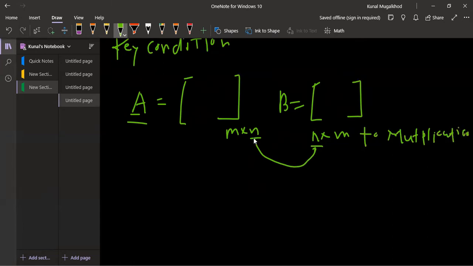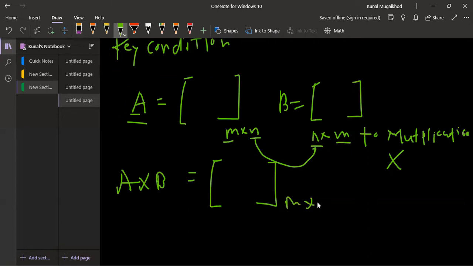If the columns of the first matrix and the rows of the second matrix do not match, then we cannot do the multiplication. So you have to remember that. And once you multiply A cross B, what will be the dimension of the resultant matrix? The dimension will be m into m.